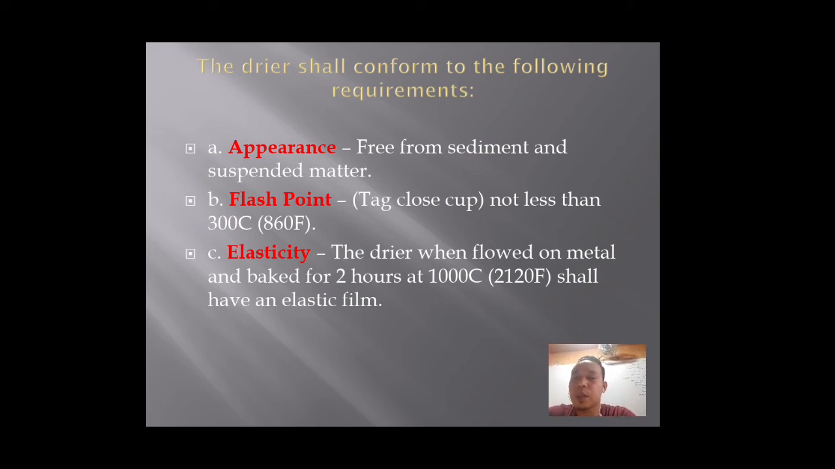So number 1 is appearance, so free from sediment and suspended materials. So that must be our first impression, no? And then B, flash points, so tag close cup not less than 300 degrees Celsius or 860 degrees Fahrenheit. So C, elasticity, so dryer when flowed on metal and baked for 2 hours at 1000 degrees Celsius shall